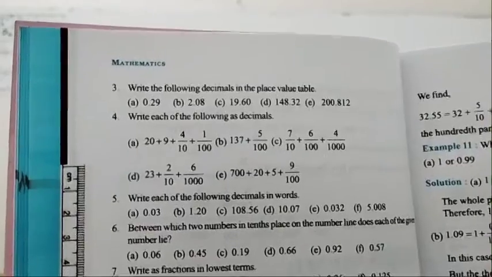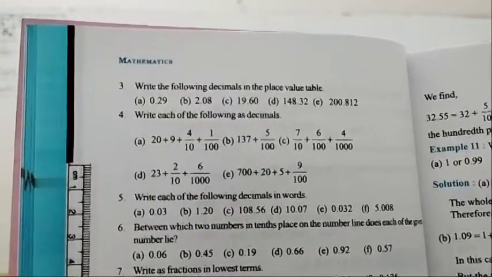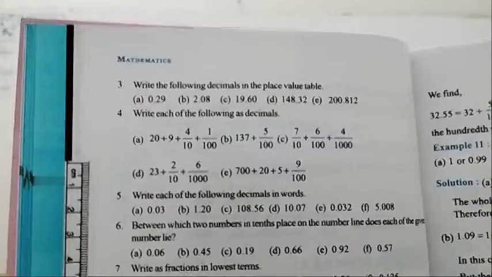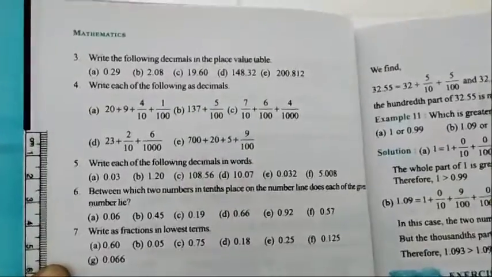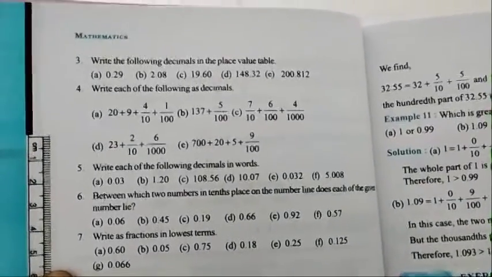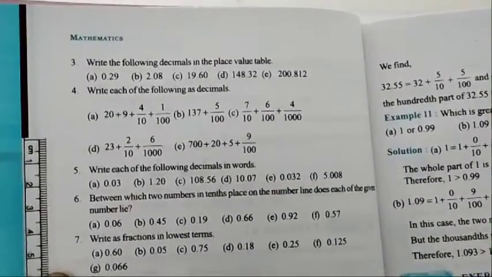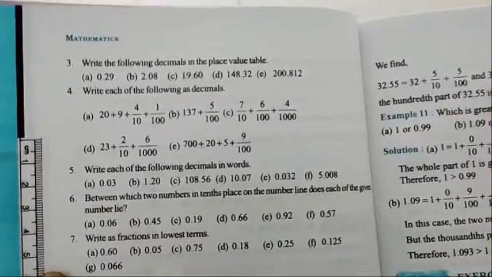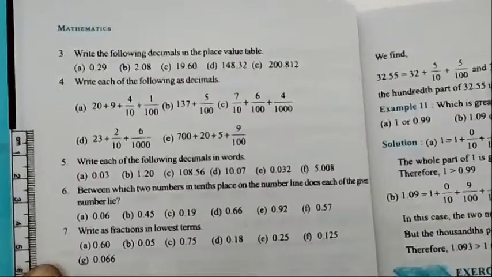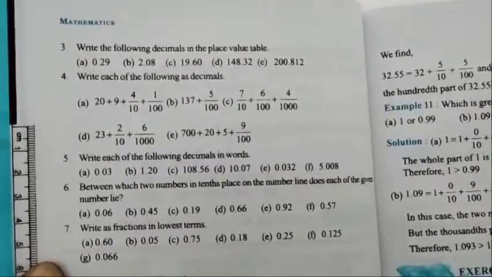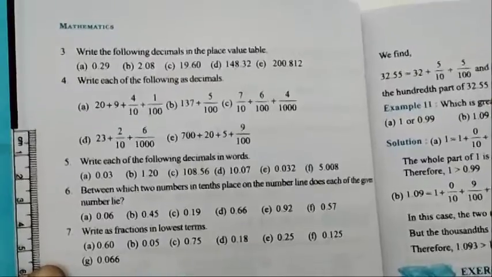Then on the next page, so many problems are there. These are very easy problems. Write the following in decimal in the place value table. You should make one place value table only, bigger than A, B, C, D. There only you have to continue. Write each of the following as a decimal. I solved this type of problem; you have to write that type only. The first one is 29.41, and 337.05, because in the hundredths place only 5 is given, but the tenths place is not given, which means you should write there 0.